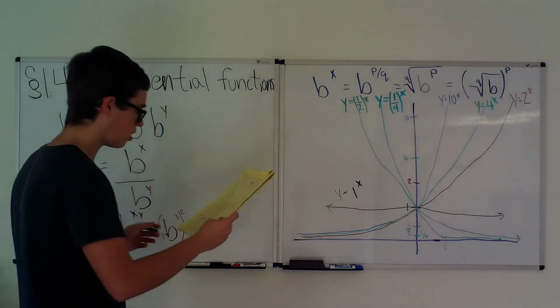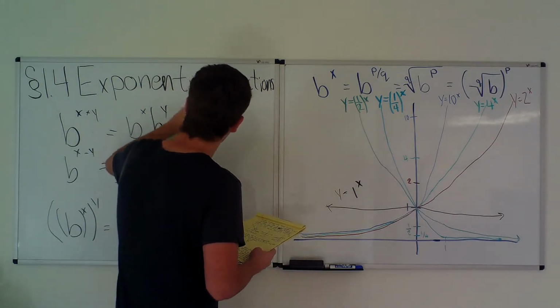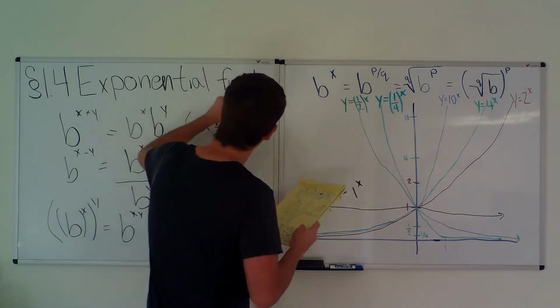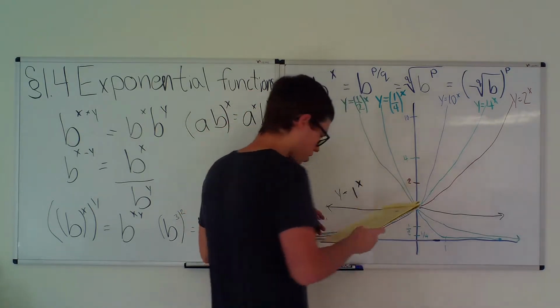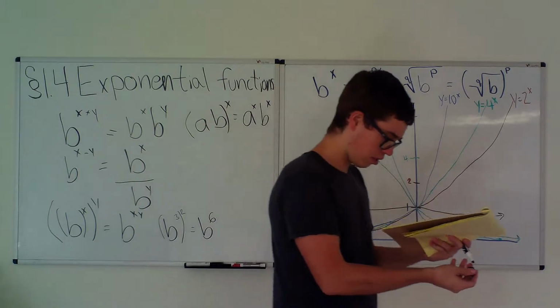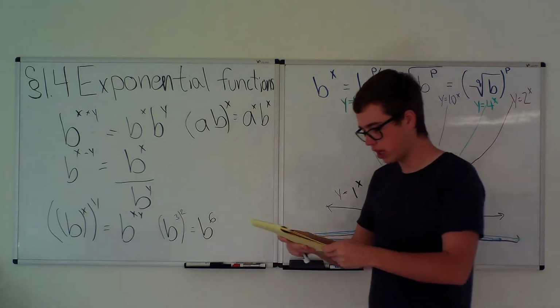All right, now the final identity is with two variables, or two constants. You have a times b to the x is equal to a to the x times b to the x, right? So that's pretty simple. So we'll go over some applications when we do the practice problems, but the final thing